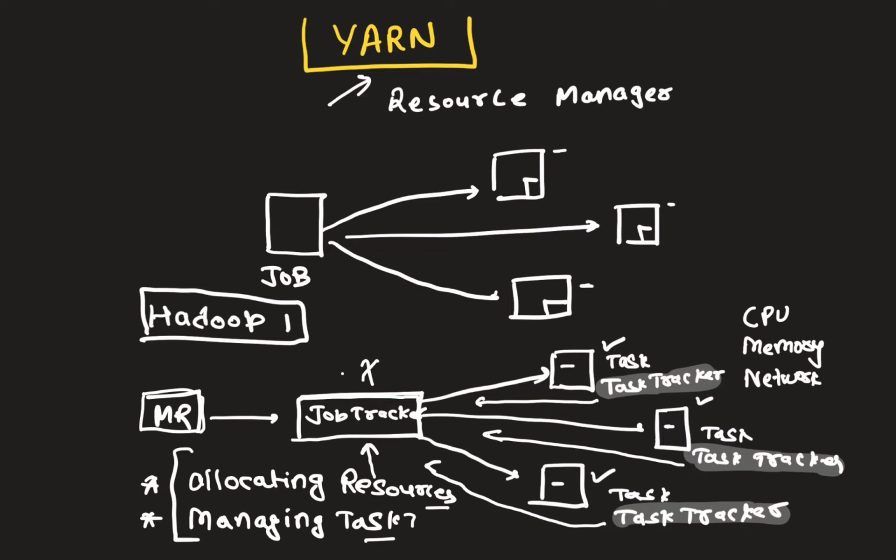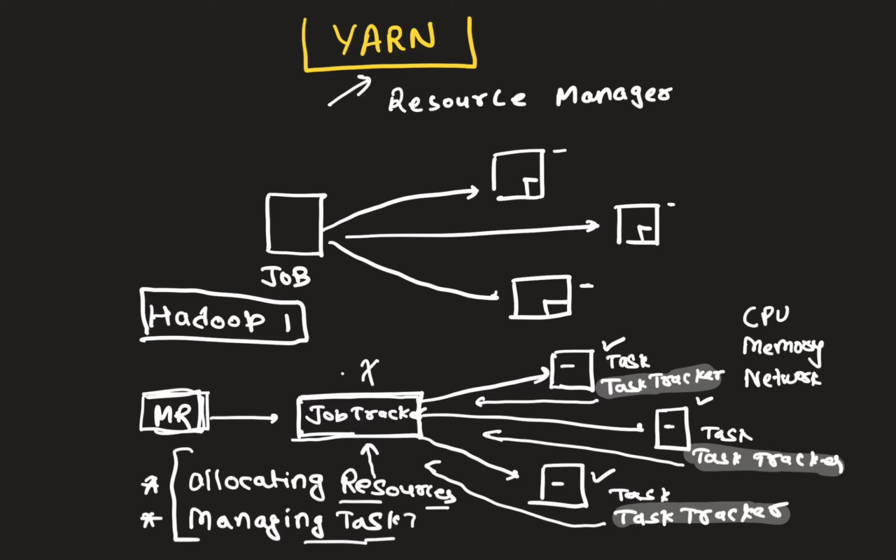But let's say tomorrow you come up with a new framework. Let's say we have Spark today, we have Storm today for near real-time processing, we have Spark Streaming today for near real-time processing. For all those scenarios, this framework wouldn't have worked because job tracker was tightly coupled with MapReduce jobs, and all this resource management and task management was part of only the MapReduce framework. So that was also one of the limitations, that you cannot leverage any new framework for resource management and task management within the Hadoop ecosystem.